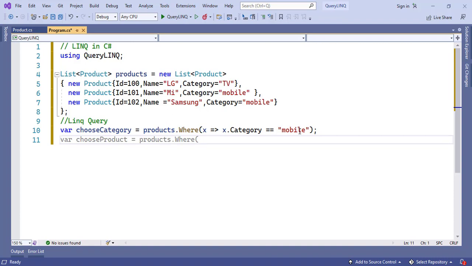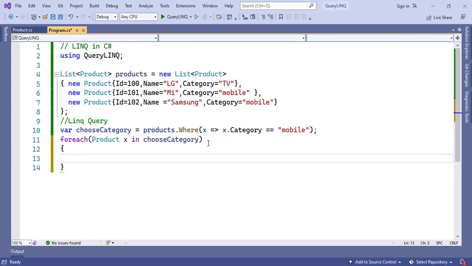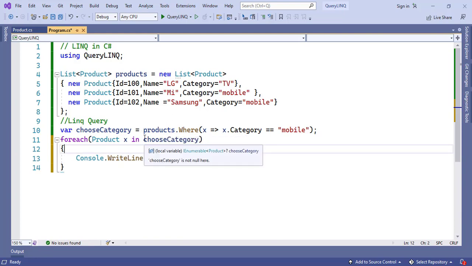So how do we do that? For that, we'll make use of a foreach loop. For each product X in chooseCategory, we'll print the product X. We are making use of a query here to find out whether the product belongs to the mobile category or not. If it belongs to the mobile category, then we are printing that product to the console. Let's run this.